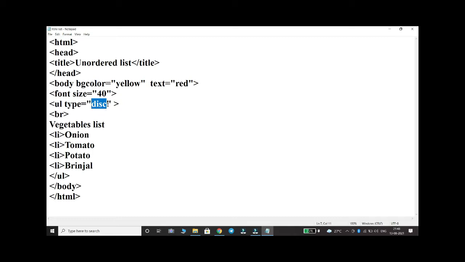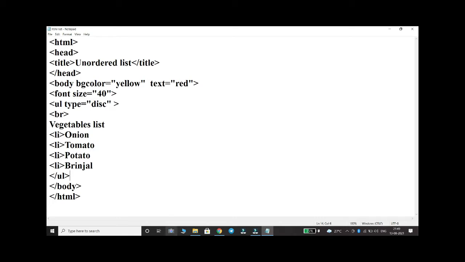Here I have given disk. Then vegetable list, this is the heading. Then each item in the list I have given in the LI tag. First one is onion, second one tomato, third item is potato, fourth one is brinjal. After that I have closed UL tag, then body tag, then HTML tag also closed.